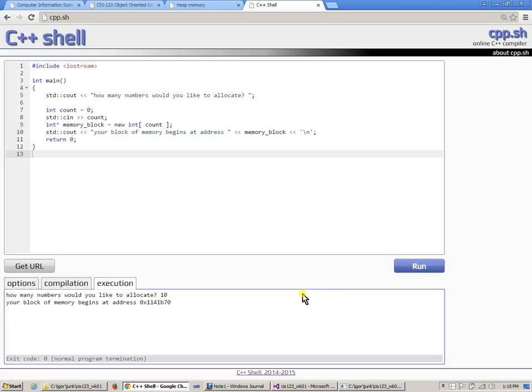So 10, hit enter, and it says down there, your block of memory begins at address 0x1141B70. This is, by the way, a hexadecimal number. Hexadecimal numbers are uniformly accepted to represent memory locations. More about this later on. You can see that this address that was just printed looks like garbage, a crazy number, but it represents that memory address, and that memory address is in the heap memory, which is designed to allocate